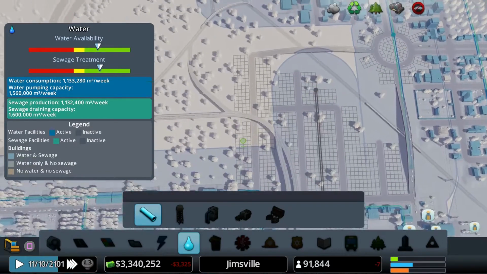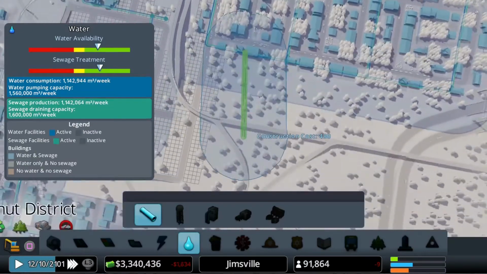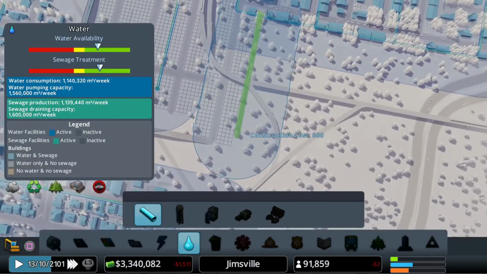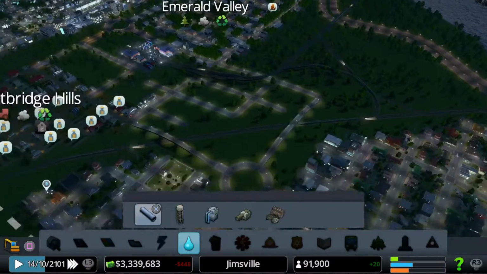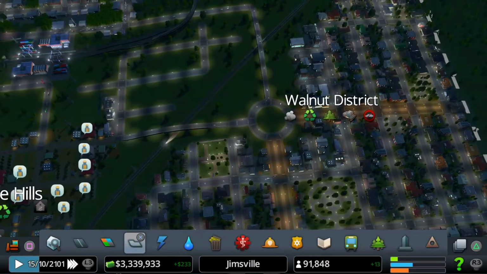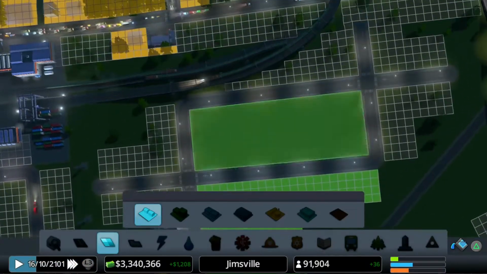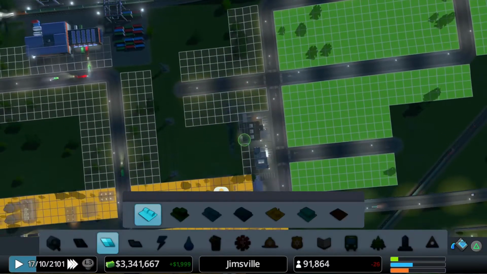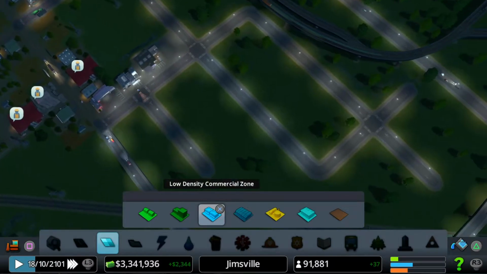Still hearing a lot of houses pinging. I love hearing that noise. It means everything else in that area is working the way it should do. That ping noise just means your city is working properly. Your houses are leveling up as they should do. Even your businesses are leveling up as well. And now we can add in more residential in this area here. And let's put a little bit of commercial just there and there. Nothing too crazy.